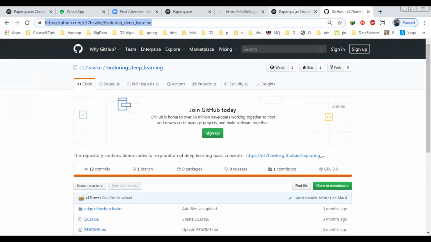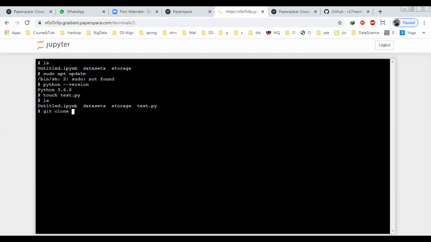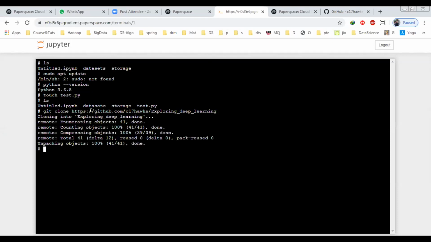In order to paste in the terminal, just do Control Shift V, and then it will be pasted here. Then it will start cloning. Okay, so it has already cloned.